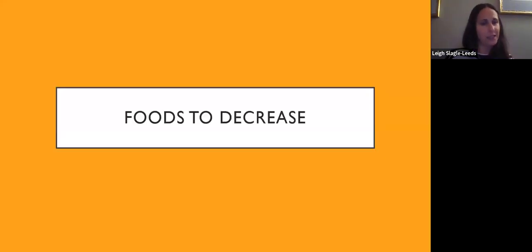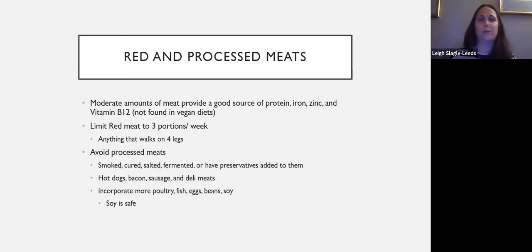So on to everyone's least favorite subject, foods to decrease. We want to limit red and processed meats. A moderate amount of meat provides a good source of protein, iron, zinc, and vitamin B12. Vitamin B12 is not found in vegan diets,